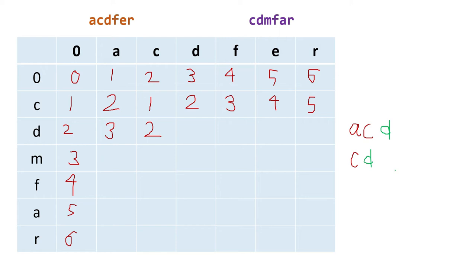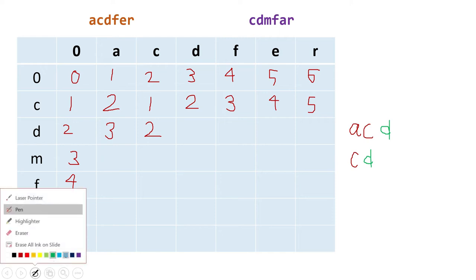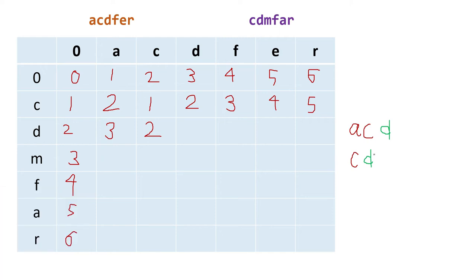Now what we have to check here is, as both of them are equal, that means whatever my previous result was, that will be my current result also, because if D and D are the same, that means we don't have to delete this part. Means if the string was previously AC and C, then if it becomes ACD and CD, that time also it is not making any difference as per our requirement, because our job is to find how many minimum characters you have to delete to make them equal. But if D and D are equal, then we don't have to delete that one. So the previous result only we can carry forward.